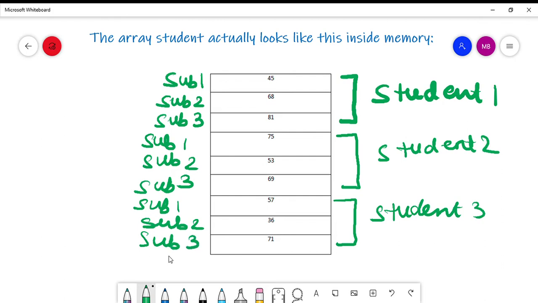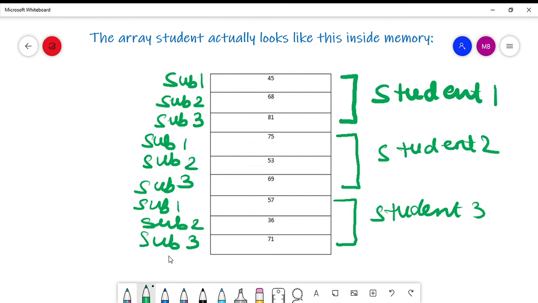because we all know that in memory the data is stored in contiguous memory locations. That means we would not leave any blank in between. Contiguously this data is stored in consecutive memory locations. So first location, second location, third, fourth and so on. So in the memory it would actually look like this: 45, 68, 81, 75, 53, 69, 57, 36 and 71, though it is representing the marks of three different subjects for three different students.